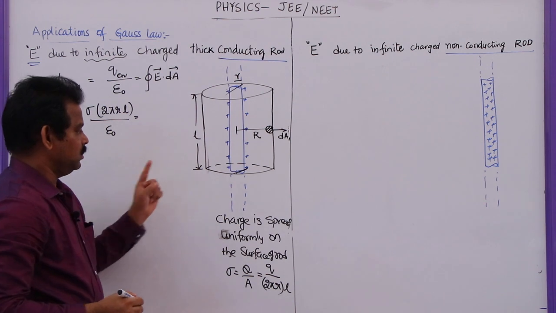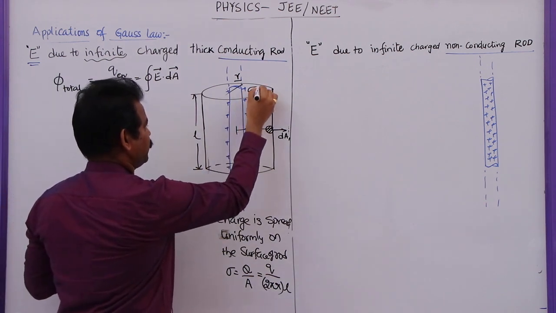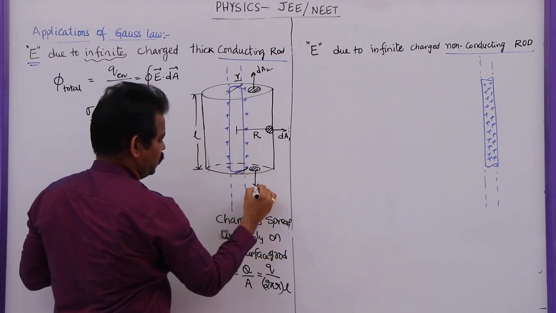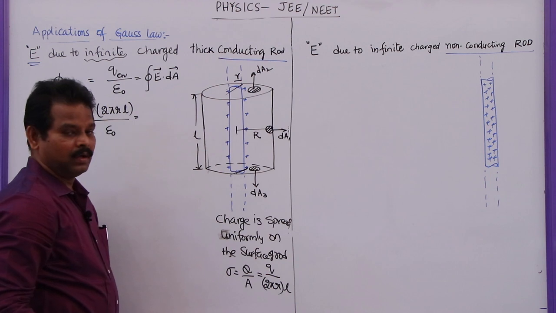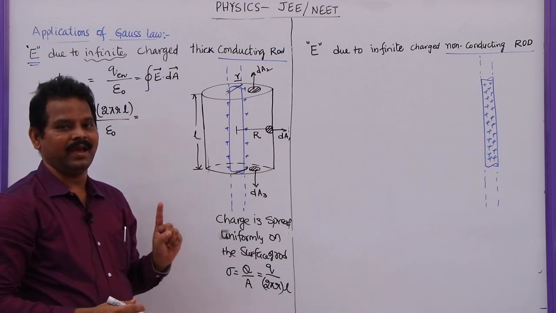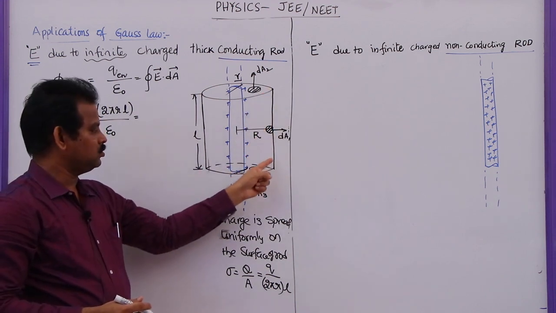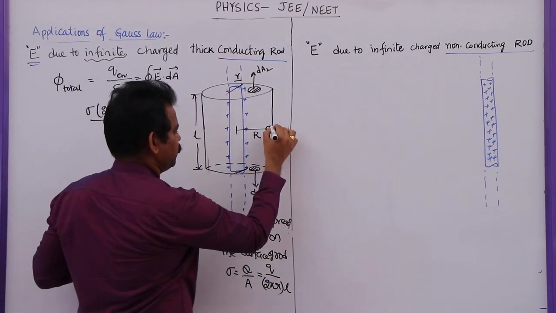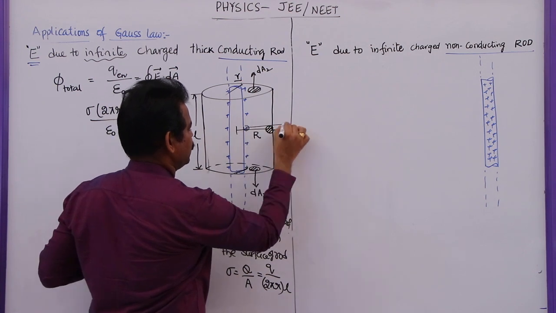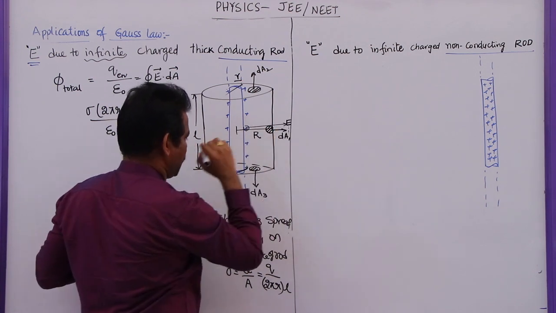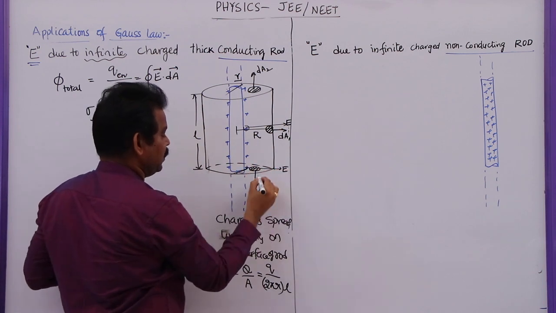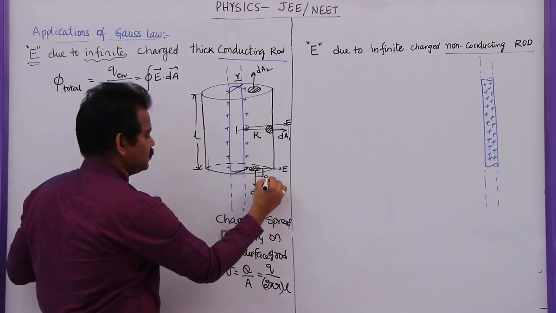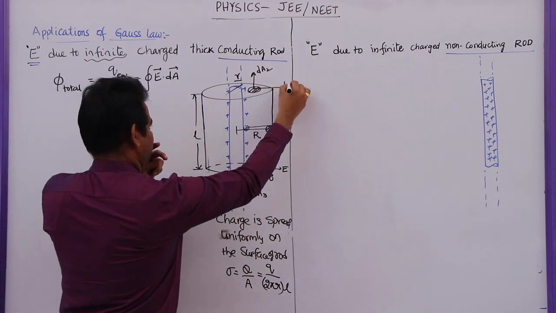here the total flux is related to three different surface areas. This is dA2 and this is downwards dA3. And we know that the electric field is either perpendicular to the closed Gaussian surface or tangential to the closed Gaussian surface. Here the field will be, due to this positive charge, field will be outwards. So this is E. But here the field will be outwards. So what is the angle between field and area vector here? 90. So here this is 90, as well as here electric field is like this.